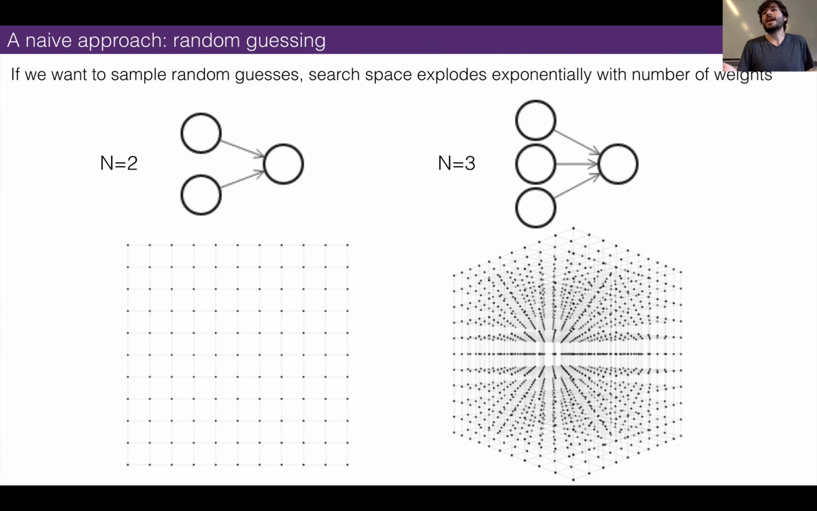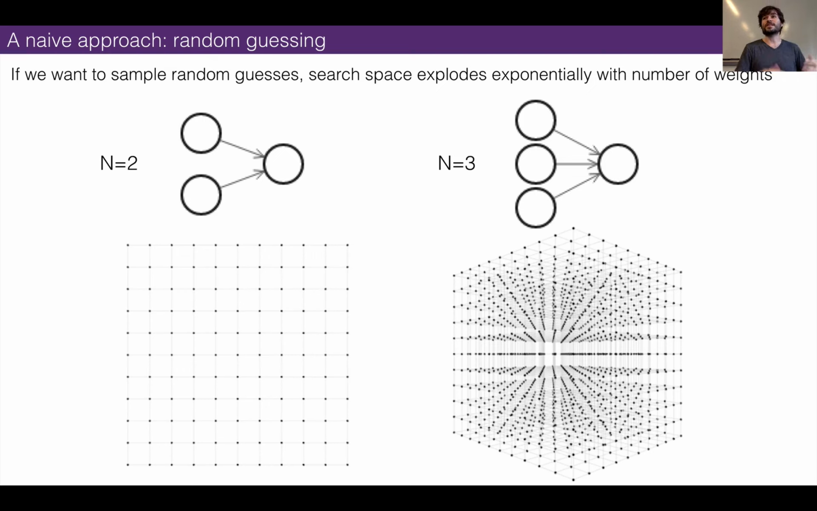So let's take a simple, naive approach. What's a naive approach to optimizing the weights? Well, how about random guessing, right? Computers are very fast, so we can just set the weights randomly and see what the loss is, see what the error is, do this many times, and then keep the combination of weights that performs really well. Well, the problem with this